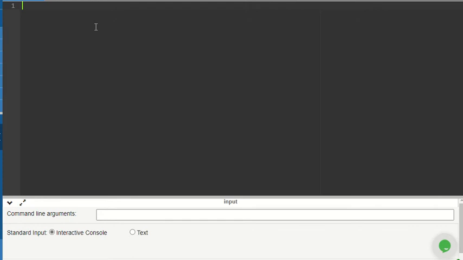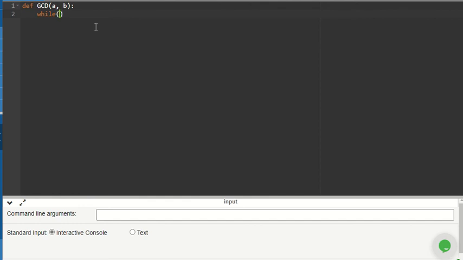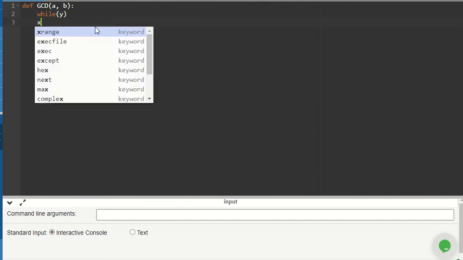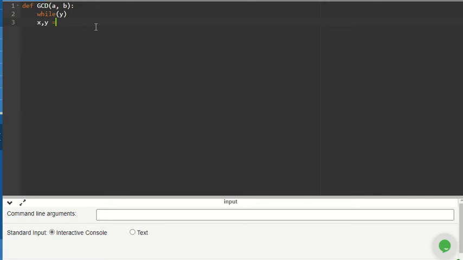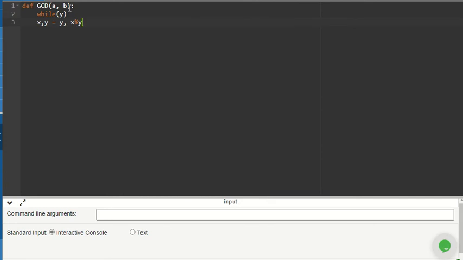First of all, we are going to declare a function using def, with the function name gcd. After that, we take the values of two parameters, a and b. Then I'm going to run a loop: while y, x comma y equals y comma x modulus y. Okay, wait a second.